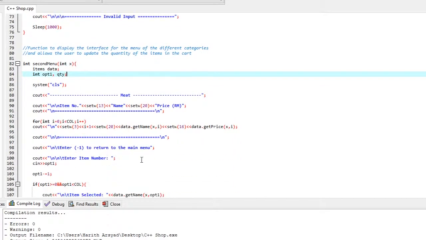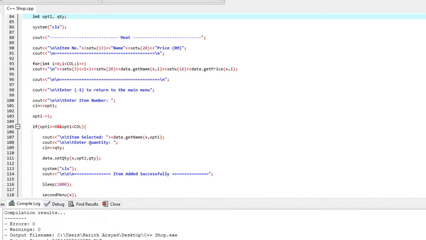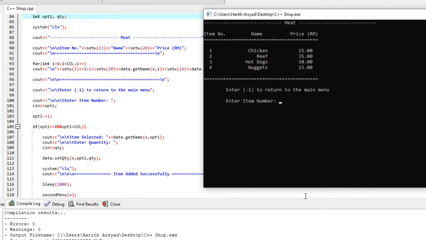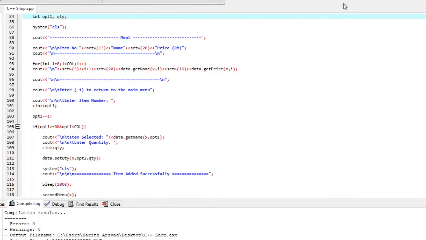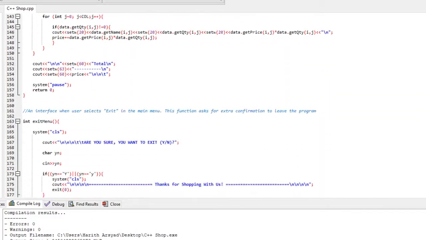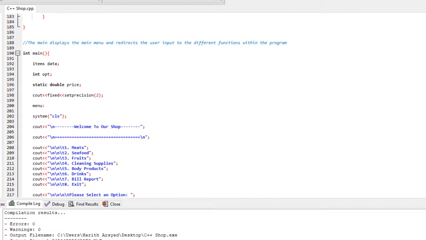Okay, so that's it for the second menu, and this will go on until seafood. It will show the seafood category. The fruits, it will show the apple, lemons, grapes, for cleaning supplies and so on. And so the second part,